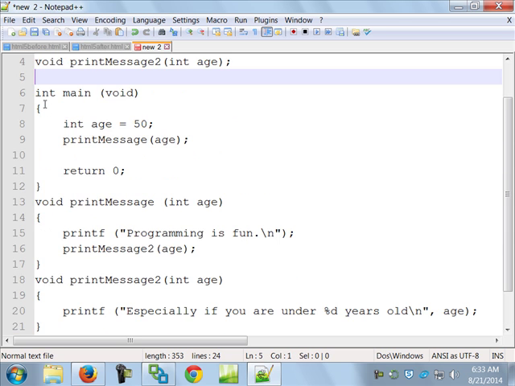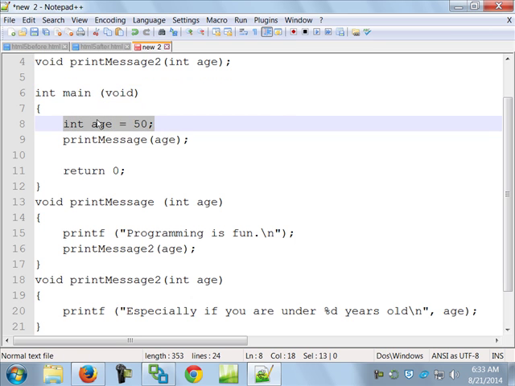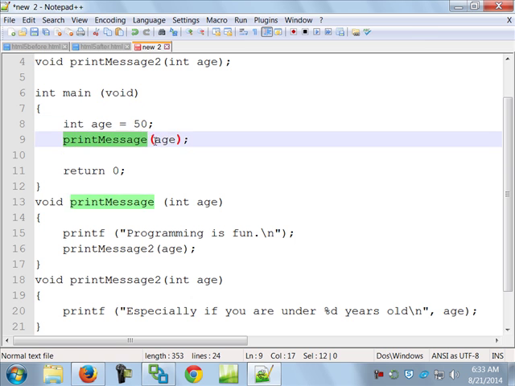Alright. Main has a variable that's called H. Okay? It's in scope right now. Then what happens is it calls print message and it passes H. So what happens literally in the computer is there's a place called the stack, which is an area of memory, and it grabs all the variables that currently exist and kind of takes a snapshot right now because it's about to give up control of the system from main and give it to print message.